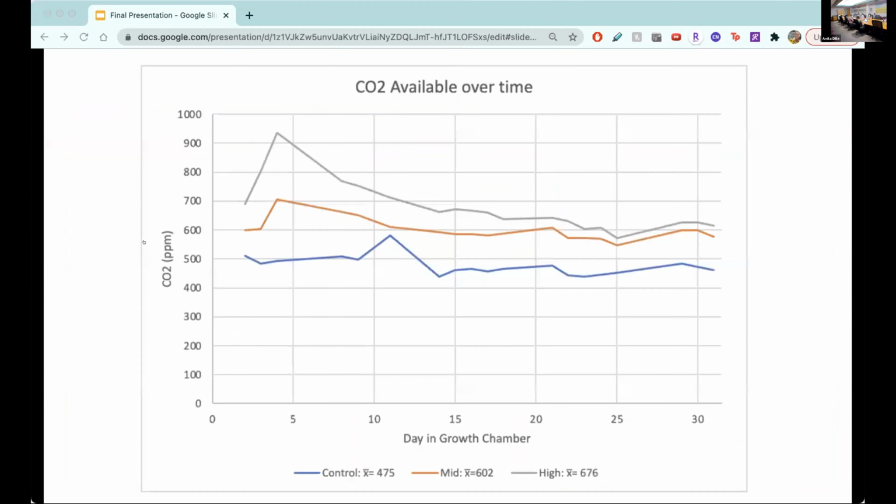ground biomass. I recorded the CO2 levels every day, and the control chamber averaged around 475 parts per million. The mid-elevation chamber averaged around 602 parts per million, even though the chamber was set to 700 parts per million, and the highest chamber averaged about 676, despite being set to 900 parts per million. Seems like the machines just weren't able to keep up with the demand for carbon dioxide. Ideally, I wanted the set levels to have a larger difference, so we could see a greater response to differences in CO2 level. But a test showed that over the first couple of weeks, there was not a significant difference between the 2 elevated CO2 treatments. And